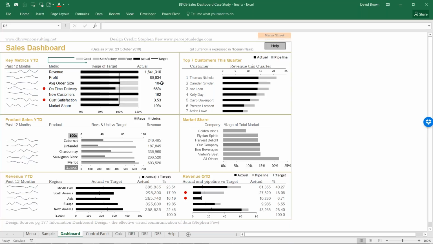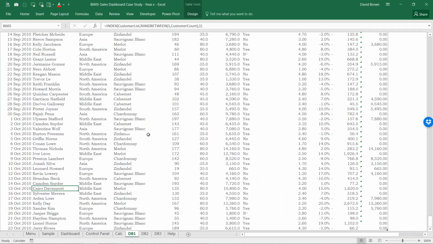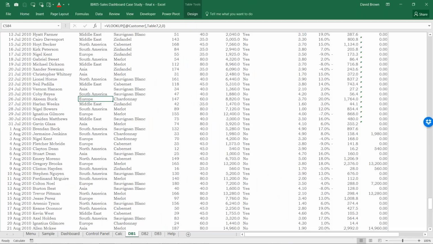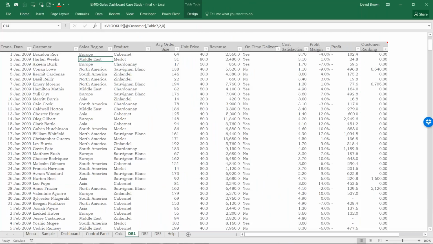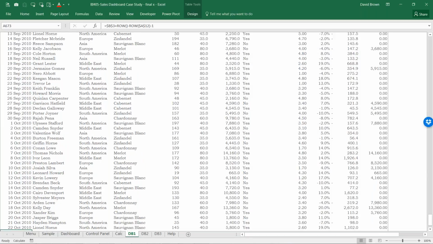So how do you create this dashboard? I'm just going to briefly show you the technique. The technique really needs three main sheets. You need your data, you need your calculation sheet, and then you need your reports. So your data, let me go to where the data for this dashboard is. If you look at this sheet, you'd see the data that runs this dashboard. And every single day when there are new transactions, all you need to do is type those new transactions at the bottom of the data and your dashboard updates automatically.